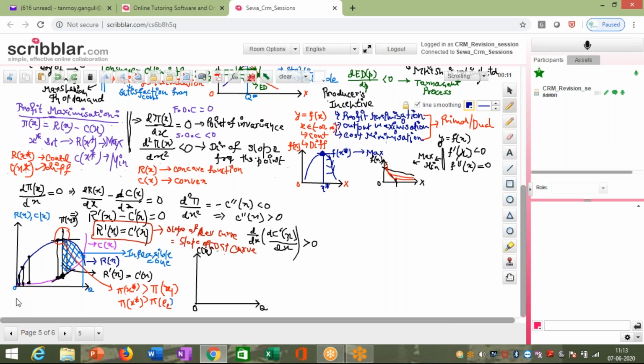Now after a point of time when the optimal plant size has been reached, and the optimal usage of the plant has been done, from there onwards, if you try to increase your output further, it gradually starts reversing. Now the addition to the cost is much more than the output that is being produced, because the farm has reached its maximum capacity. So when the farm reaches its maximum capacity,